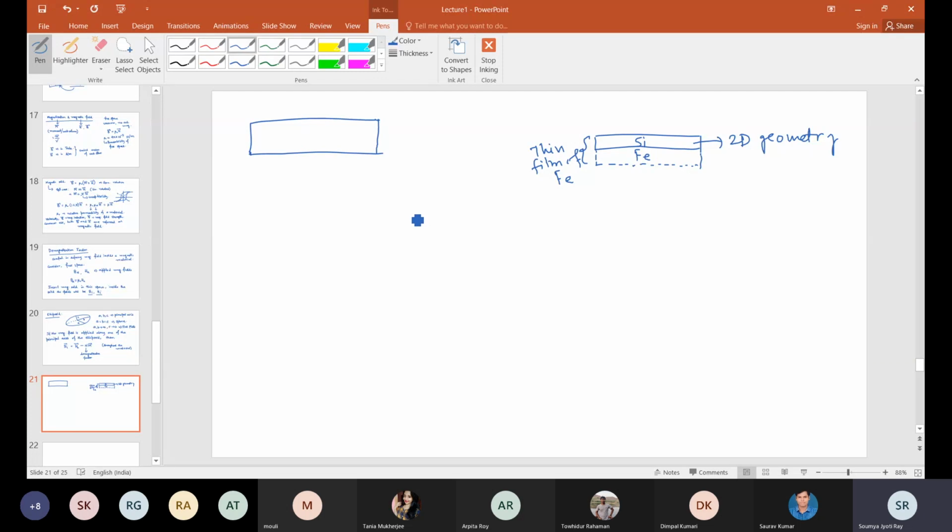You can buy commercially some 6-inch, 5-inch, 4-inch, 3-inch diameter piece of silicon like this. And then you cut a small piece of it, depending on your size. Let's say I take a 1 centimeter by 1 centimeter silicon piece, I cut from here.